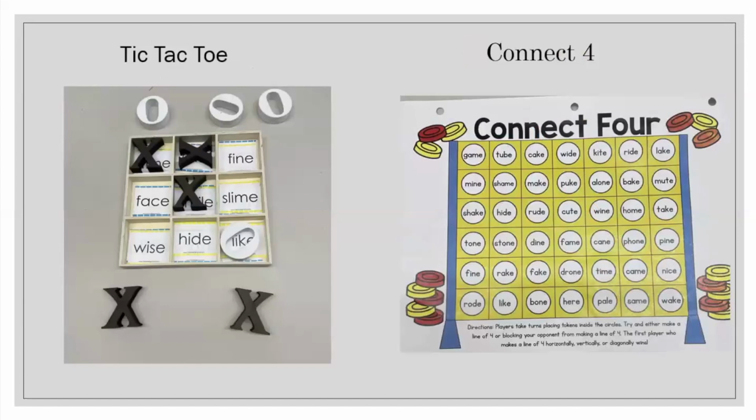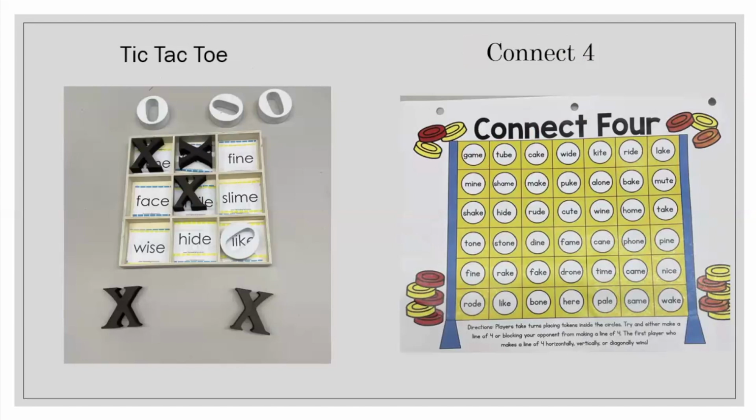Tic-tac-toe. Students spell the word aloud before placing an X or an O in the space. This tic-tac-toe game was purchased at Dollarama, and I made the cards using that same editable program from This Reading Mama. Connect 4. I have an editable version so I can target a spelling pattern or rule or throw in